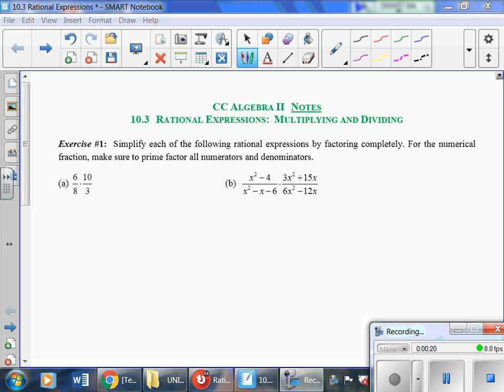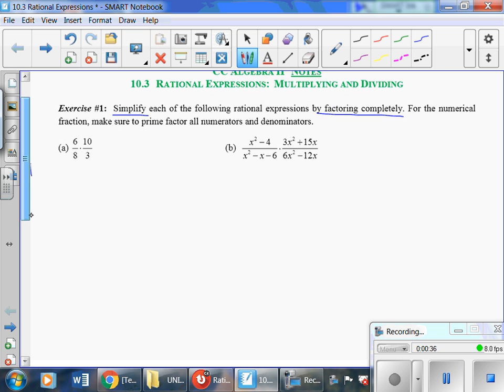So in exercise 1, it says simplify each of the following rational expressions by factoring completely. For the numerical fraction, make sure you prime factor all numerators and denominators. And as you get good at this, you'll just be able to cross cancel. All right, so what they mean by that in letter A,